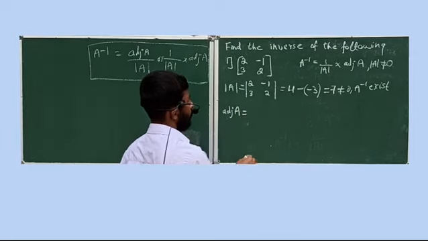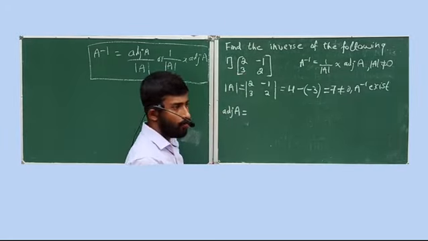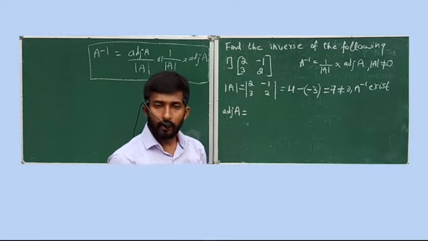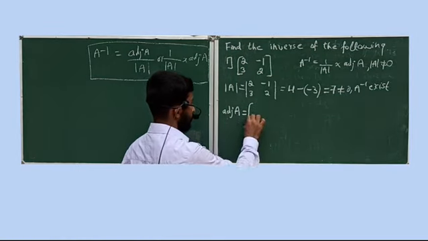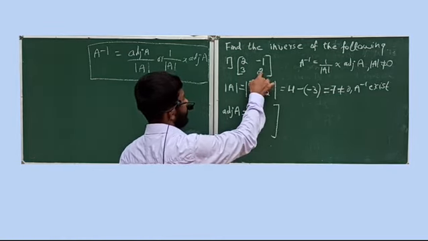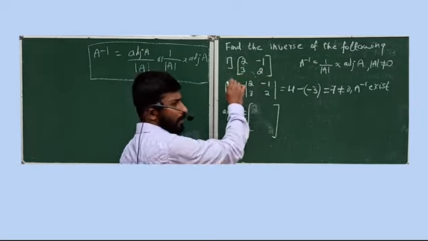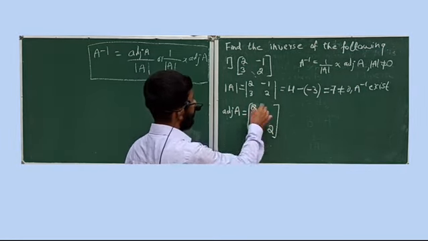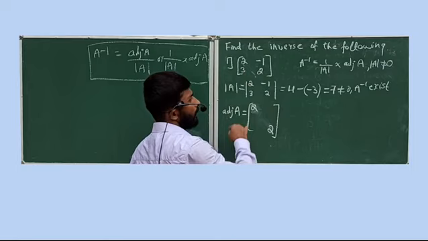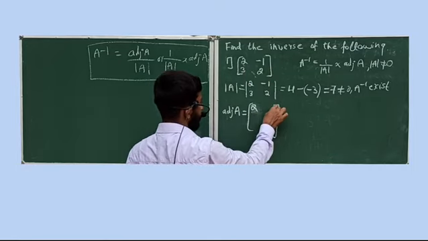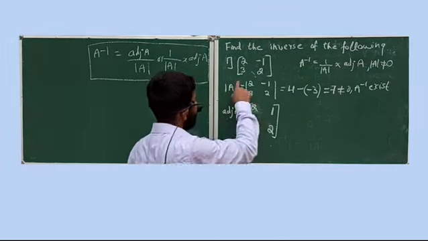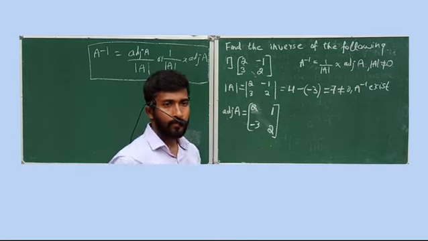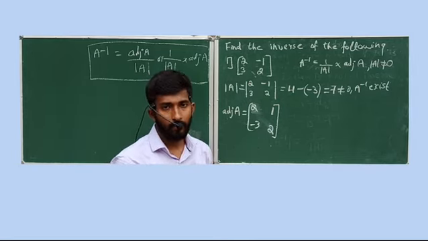Adjoint A is equal to, see, a square matrix of order 2 is given. In this case, no need to find minor or cofactor. You can find the adjoint directly. What's the procedure? First, you need to interchange the diagonal entries. Both the elements are the same, so you can't find a difference. So write 2, 2. Okay. Change the sign of the non-diagonal entries. Here minus 1 is there, so here you need to write plus 1. Here plus 3 is there, so here you have to write minus 3. This is adjoint. Okay. Interchange the diagonal entries, change the sign of the non-diagonal entries.